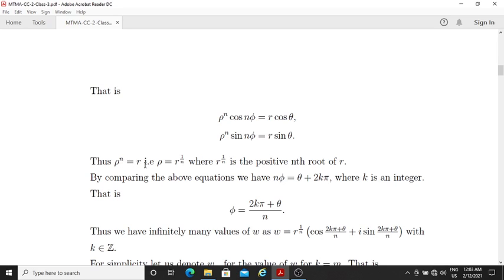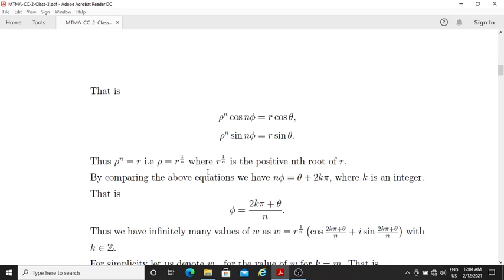Now, then rho is r to the 1 by n. Now r is a real number, so this is r to the 1 by n, which is merely the nth root of r. Now there can be n different values. As you know, the square root has 2 values, the cube root has 3 values. Similarly, the nth root has n values. So r to the power 1 by n definitely will have n different values, but